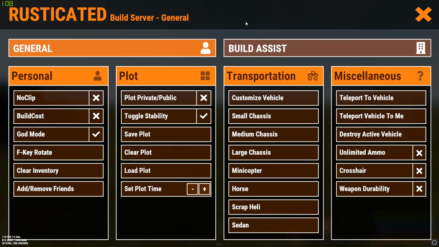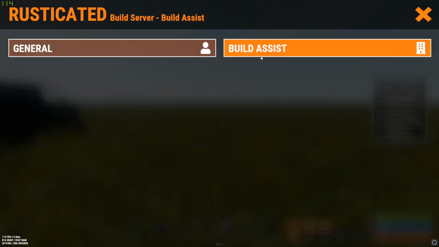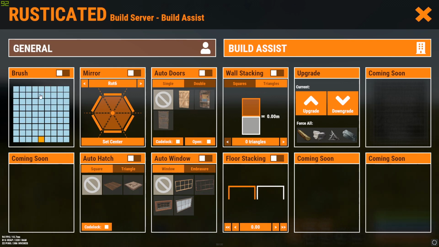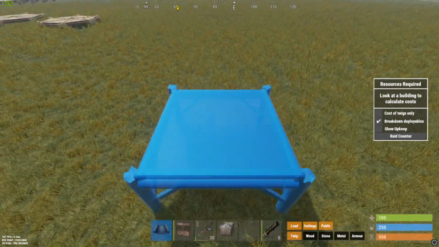Another thing I want to show you guys in our settings menu is this new build assist tab. This is where the cool new tools that we added come in very handy. I'm going to show you my favorite one first, which is our new brush tool. So this only works with walls, and pretty much you can go left, right, or up with walls. However many are in this menu is how many there is. The little orange square actually represents you pretty much. So if I go to build here,